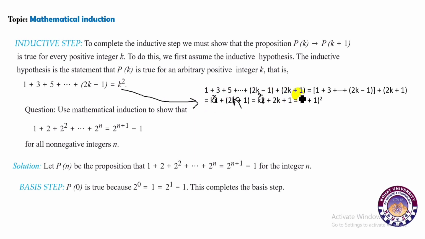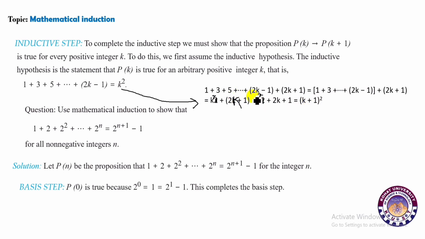This is equal to k square plus 2k plus 1. We can write from this k plus 1 whole square, and that was our goal. So this means by mathematical induction technique we have shown that the sum of the first n odd integers is